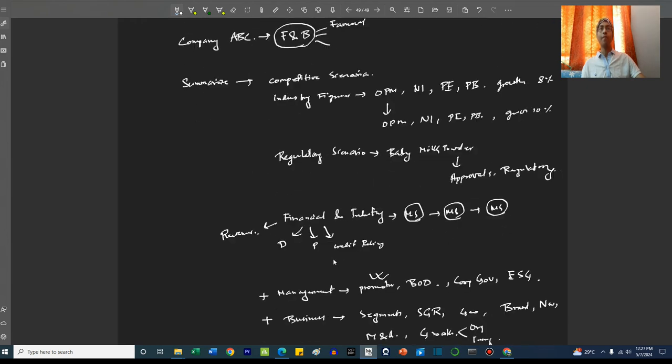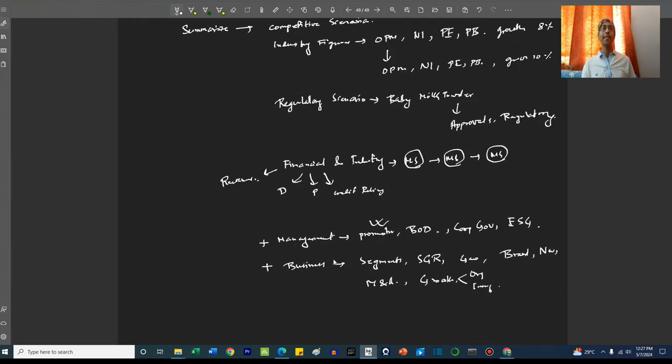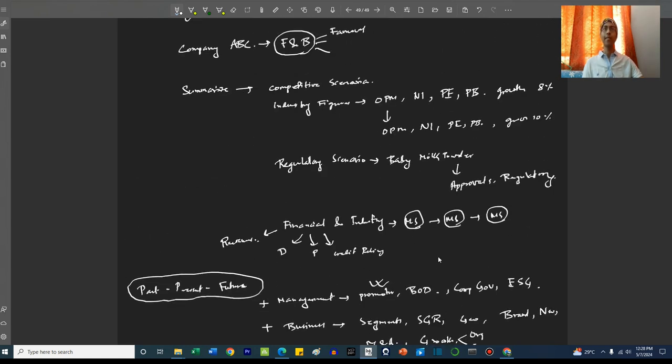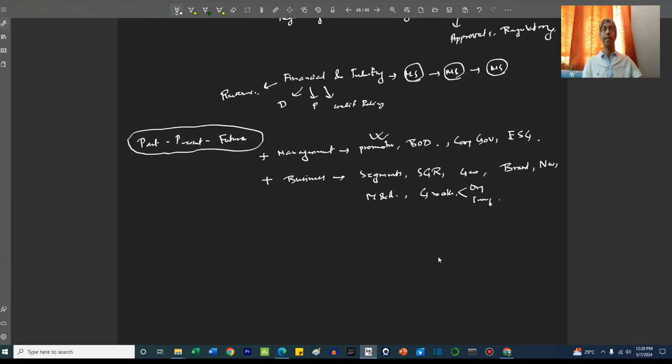Now, what we have to see here is that when we summarize all these data, we mention both the historical data and the current data, and through our analysis, we are able to project the future also to some extent. So the past, the present, and the future. All these elements should be there in an ideal research report. Now, after analyzing all this, the business, the management, the finance, the regulations, the competition, the industry figures, let's say the credit rating scenario,